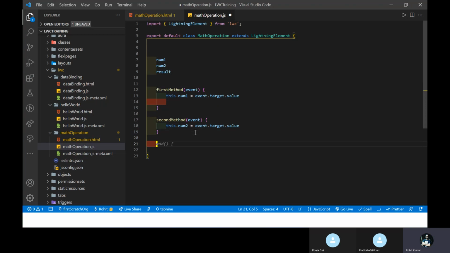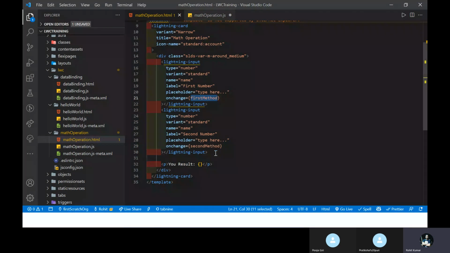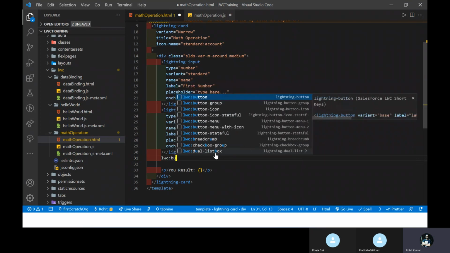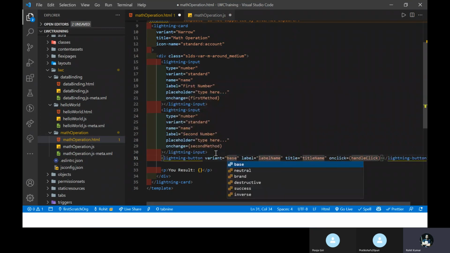Now it's time to do some mathematical operations. So how to do that? First of all we need to define a button here, with onclick and all the things you can see here. But let me show you how to create the button, the LWC button. Here you can see base, neutral, brand, destructive, success and inverse.